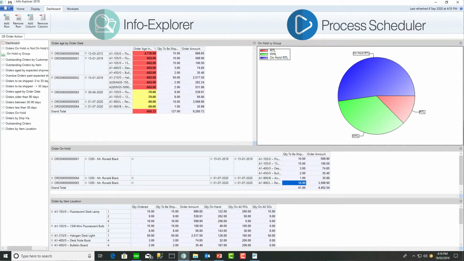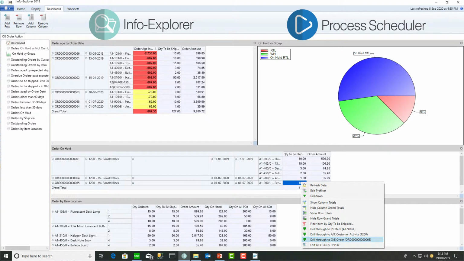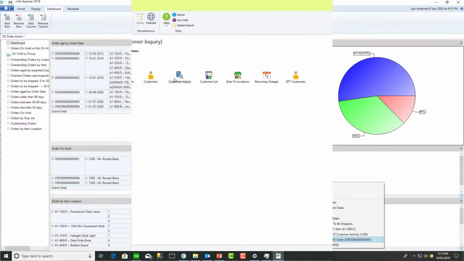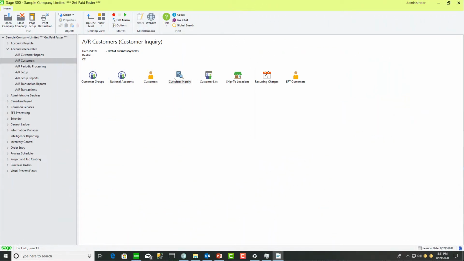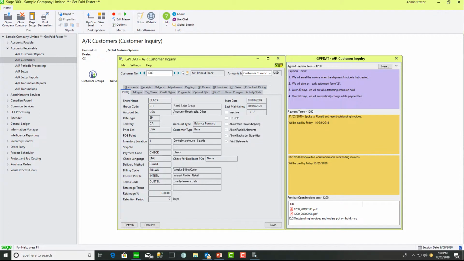And Process Scheduler also scheduled the sales rep their cube, which provides analysis on the open orders, but also the hot link back to the sales order or the customer activity in a similar way as you can from the Email Smart Link. And for the customer inquiry functionality, which enabled us to email the outstanding invoices to the customer,